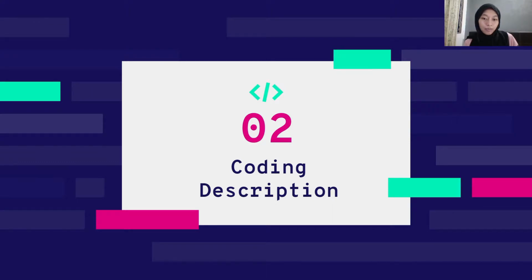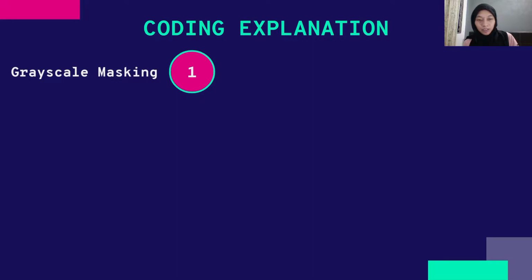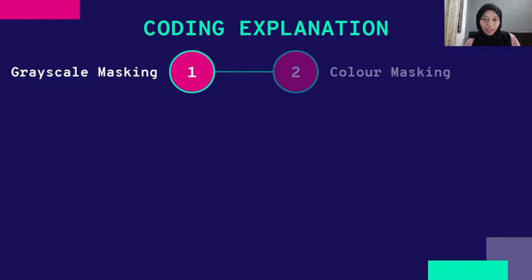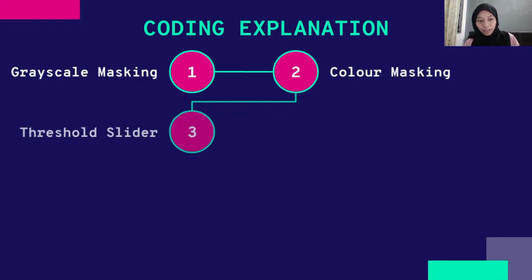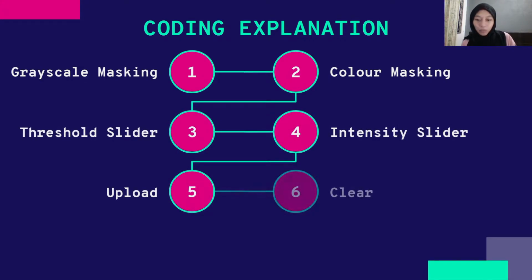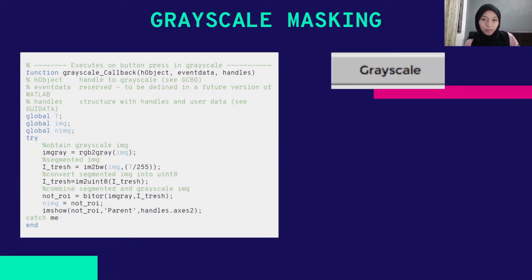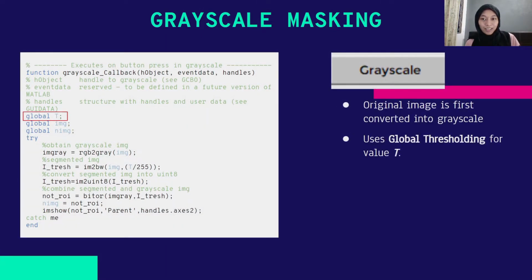And then I will be talking about the coding description. First, it will be the grayscale, and then how we make the color, the sliders, and how the upload works, how the clear works, and how we let users save the image. So first of all, for the grayscale,